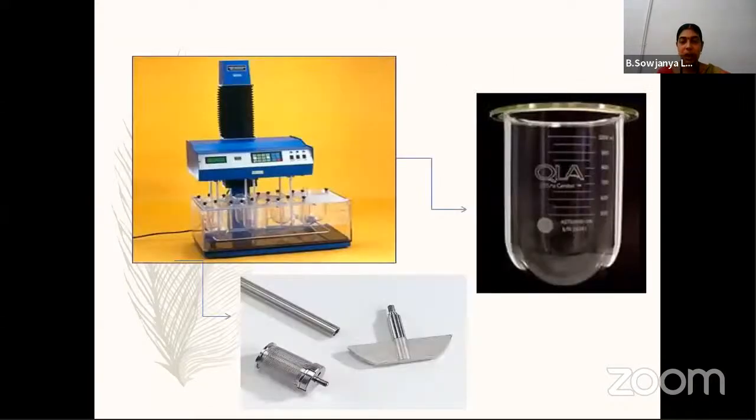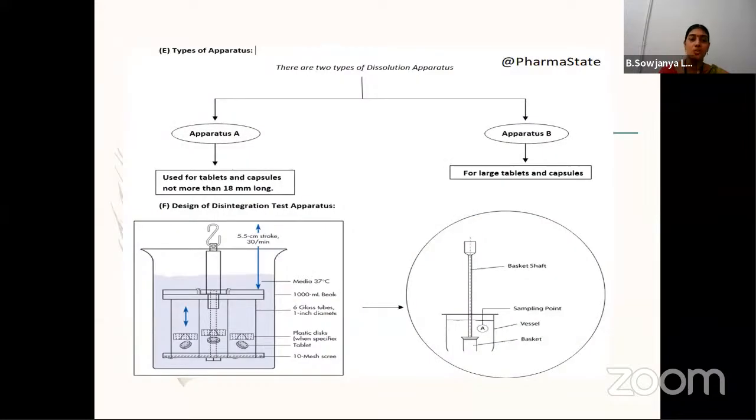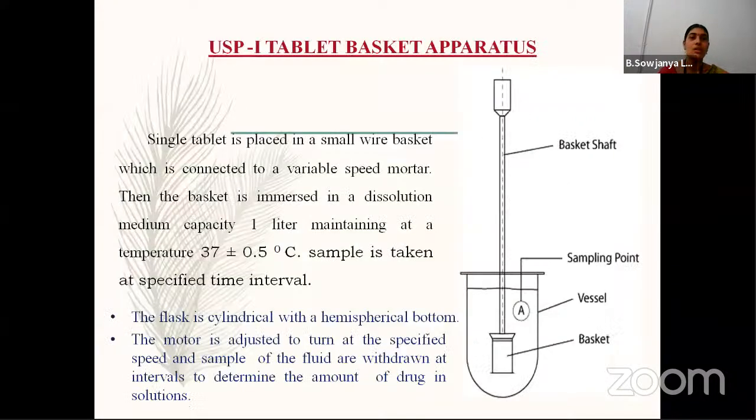So this is the dissolution apparatus, the paddle and the basket along with the shaft. So the types of apparatus, there are generally two types of dissolution apparatus, like apparatus A and B. In case of apparatus A, which is generally used for tablets and capsules, not more than 18 millimeters long in diameter. Okay, so the closed compartment according to USP, the tablet basket